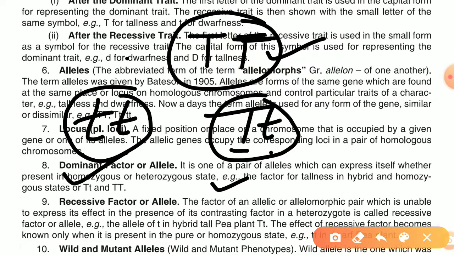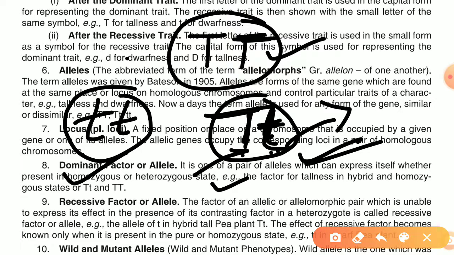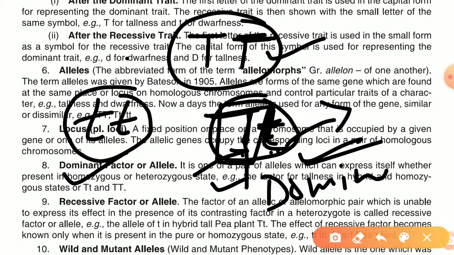देन व्हाट इज द डिफरेंस? व्हाई आई हैव टेकन कैपिटल लेटर एंड स्मॉल लेटर डिफरेंटली? एक्चुअली यहाँ पे कैपिटल वाला जो है वो टॉल को रिप्रेजेंट करता है, और जो स्मॉल टी है इट रिप्रेजेंट्स द ड्वार्फनेस. ठीक है? तो जब किसी ऑर्गेनिज्म में ये वाली कंडीशन हो कि एक जीन कैपिटल है दूसरा जीन स्मॉल है, तो ये जो कैपिटल वाला जीन रिप्रेजेंट हो रहा है, इस पर्टिकुलर जीन को बोलते हैं डोमिनेंट जीन.